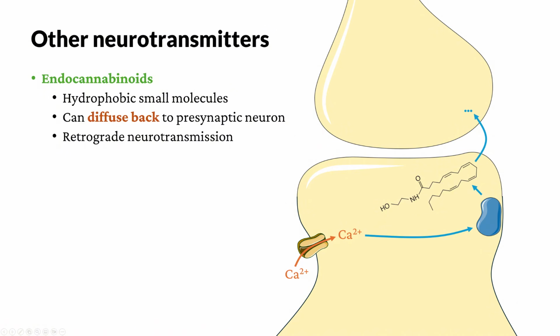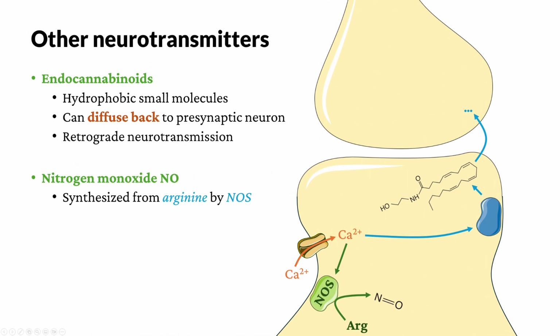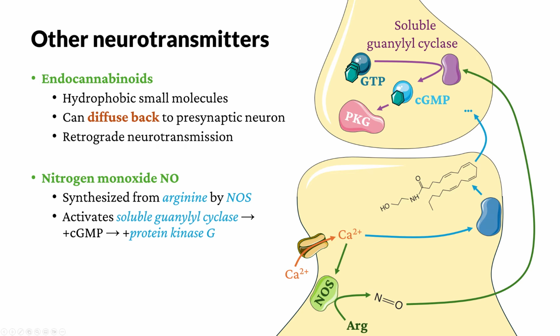It allows the postsynaptic neuron to tell the presynaptic neuron how it is feeling. This is like a rating process. The presynaptic neuron feeds the postsynaptic neuron with neurotransmitters, and the postsynaptic neuron is now rating the presynaptic neuron, giving it feedback. We also have nitrogen monoxide. It is also a very, very small molecule and ergo can diffuse across the neuronal membrane. It is synthesized from arginine by nitric oxide synthase. Arginine is a nitrogen-containing amino acid. The mechanism of the function of NO is to activate soluble guanylyl cyclase.